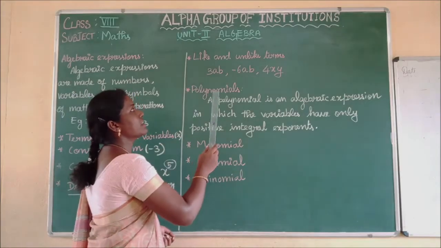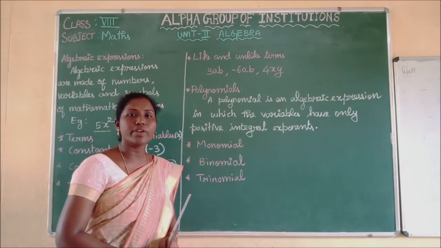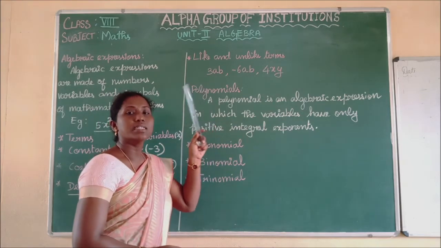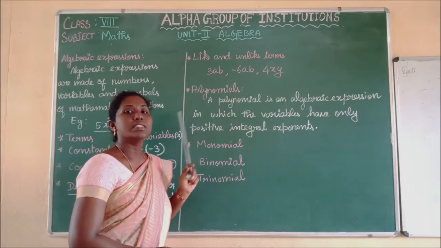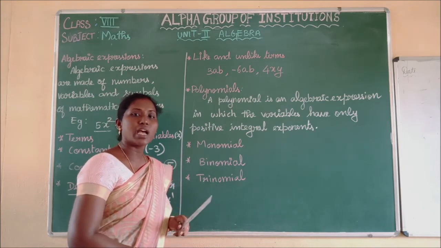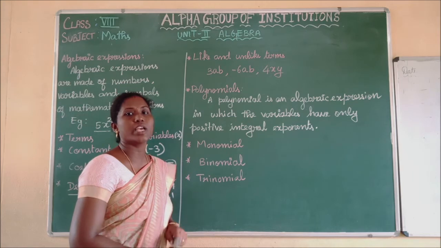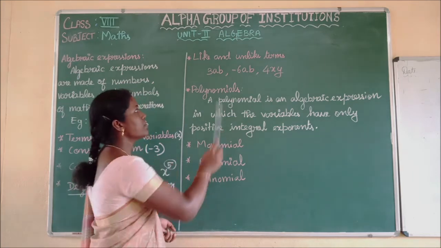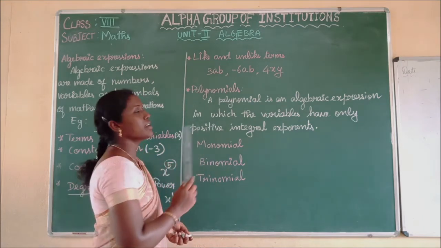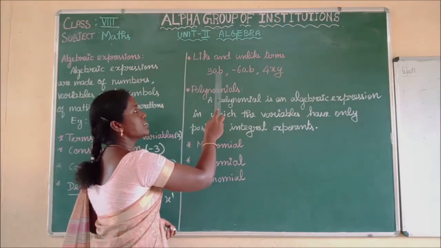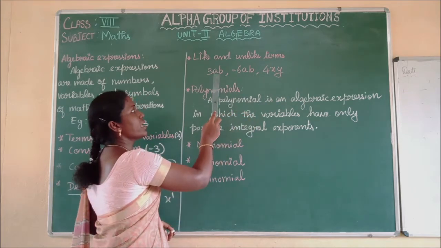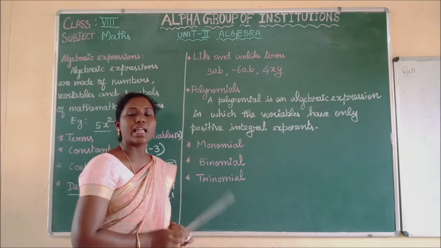Now, next thing, like and unlike terms. How will we identify like and unlike terms? Like terms means the terms of the algebraic expression have the same algebraic factors, or you can identify them as terms which have the same variable. For example, see here I gave 3 terms of an algebraic expression. What are the like terms here? See which terms have the same variable, AB, xy. So here 3AB and minus 6AB are like terms.